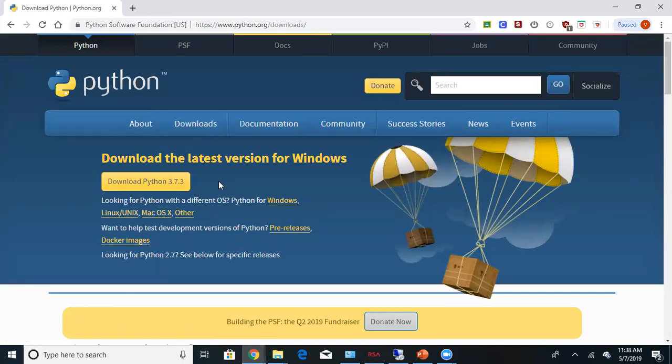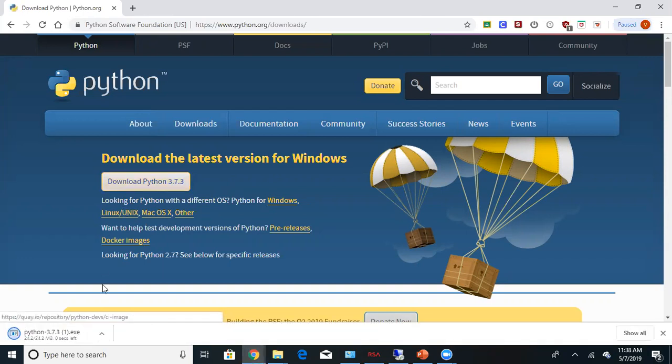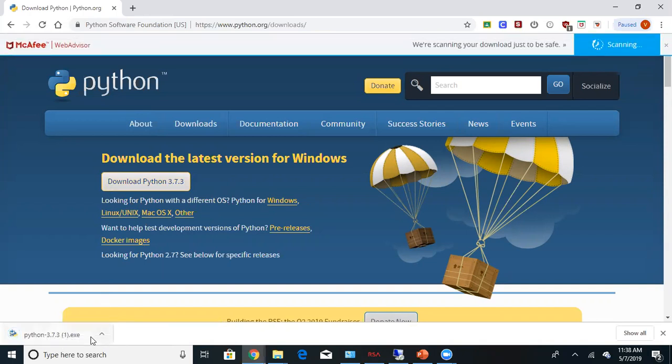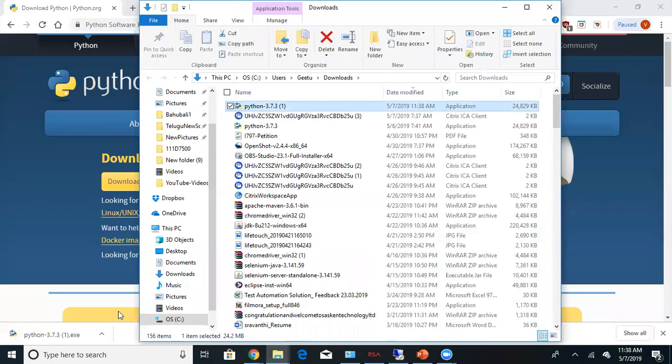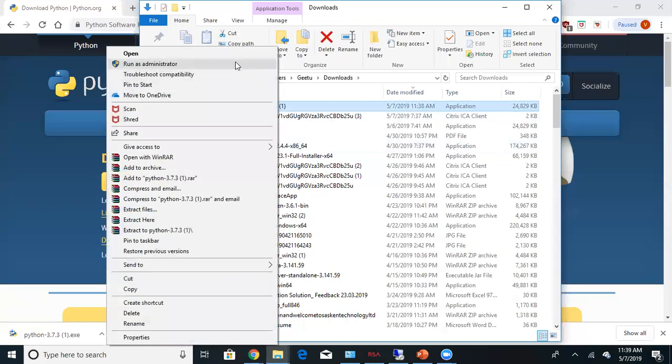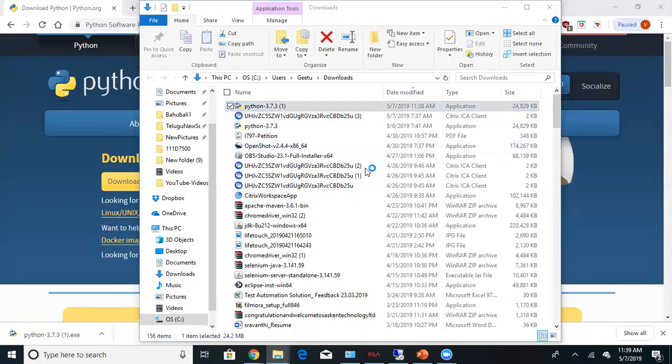Okay, the latest version in Python 3 is Python 3.7.3. Click on download Python. So your Python is downloaded here. Open the downloaded Python, right click on it, and install as administrator. Click yes,